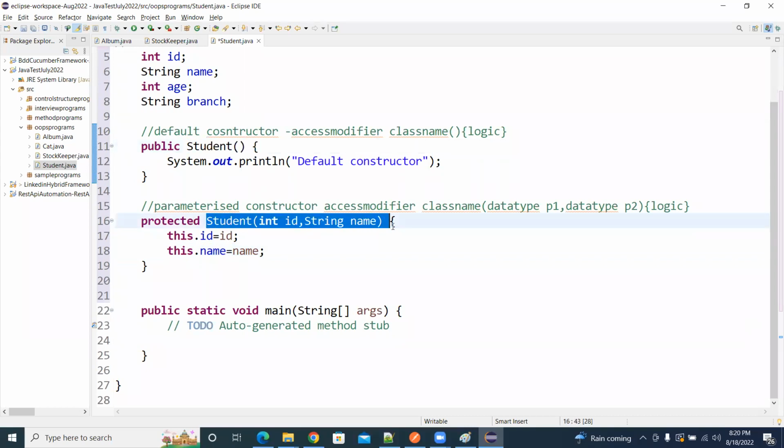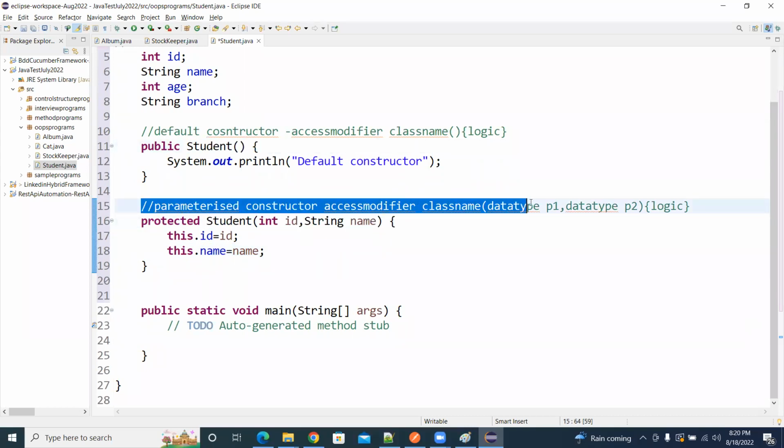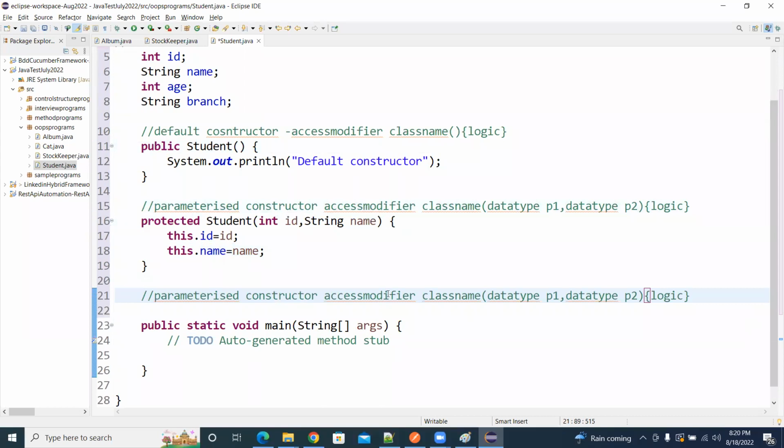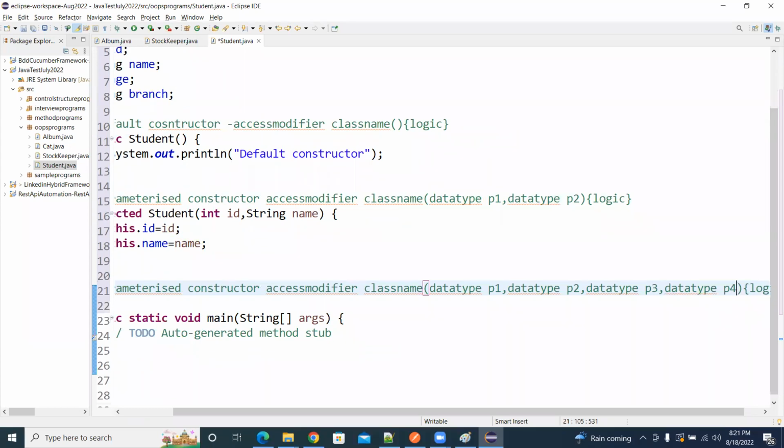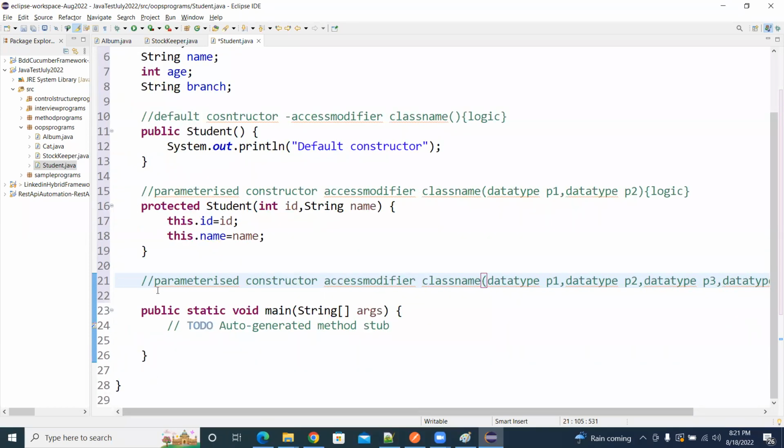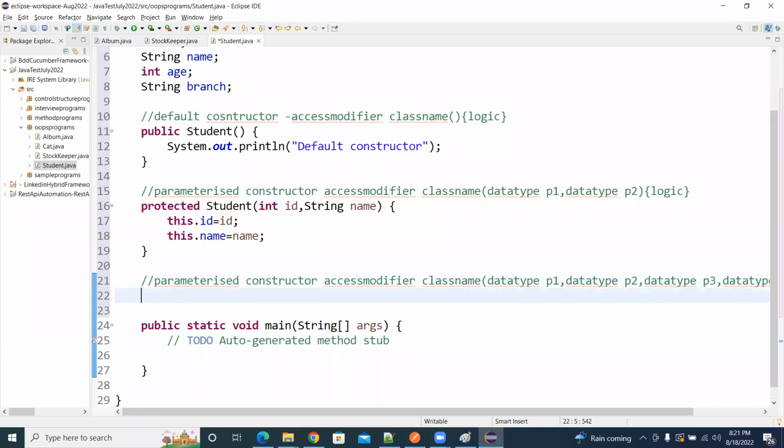So this is one constructor, the parameterized constructor. But what is the difference between the first one and the second one? Parameters. We added the parameters. Now I am adding more parameters. So now see how you can differentiate. Now I'm building constructor overloading also. I will use default access modifier and then int id, String name, int age,